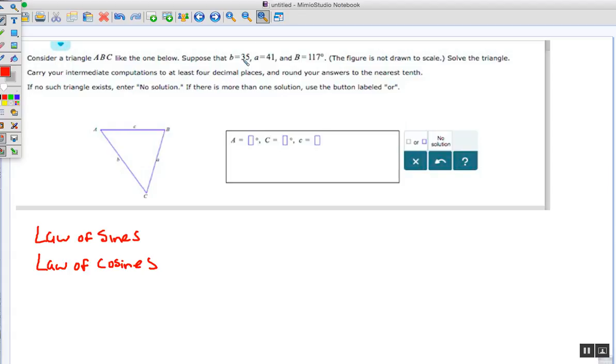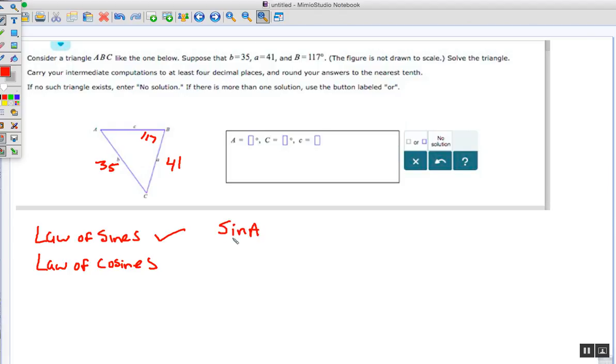They give us that side B is 35. They give us that side A is 41. And they give us that angle B is 117. So we have a known angle side pair. Typically, if I have a known angle side pair, I will use law of sines, because remember, law of sines